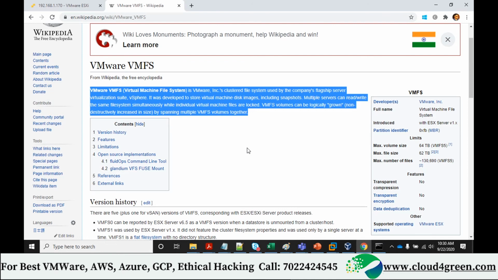And it is a proprietary file system. No one, VMware is the only owner of this file system. They only developed it.